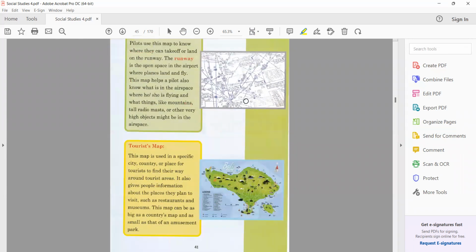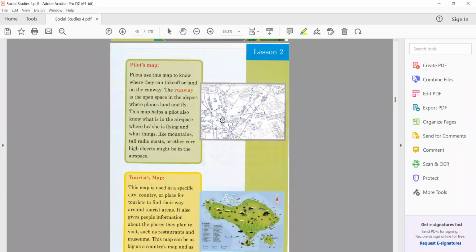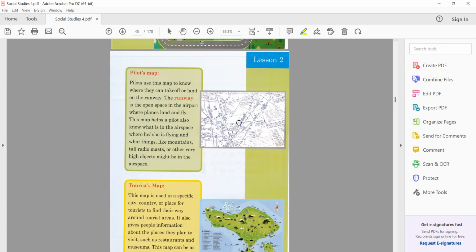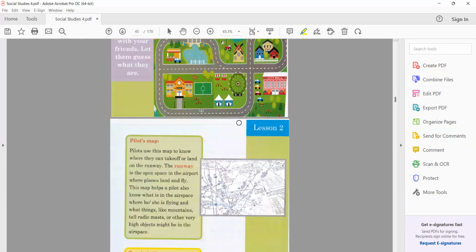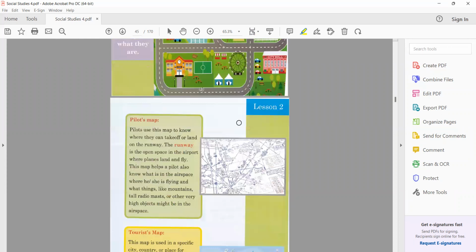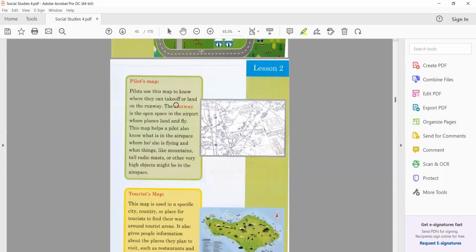Let's move to page 41 and start with the first map here. I want you to take a closer look at this map and try to guess which map is it. We have 4 types, like you remember: pilot's map, architect's map, tourist map, and finally, forecaster's map. So this map should be the pilot's map. It helps the pilot to use this map to know where they can take off or land. So it is important for the pilot to use this map to know where to take off and where to